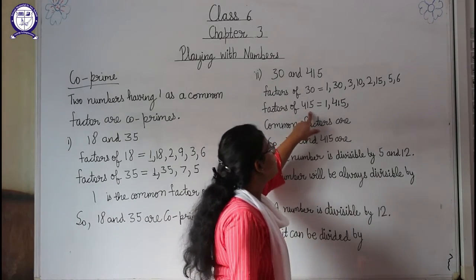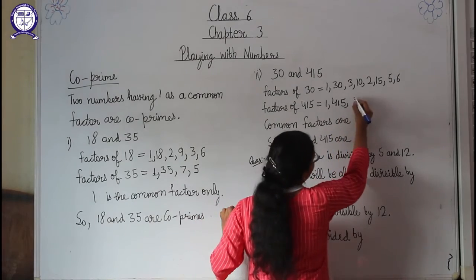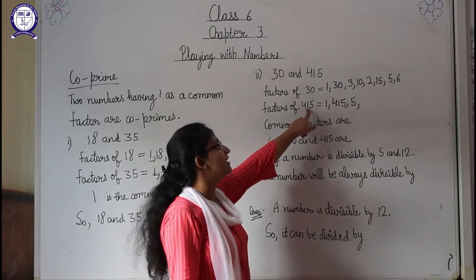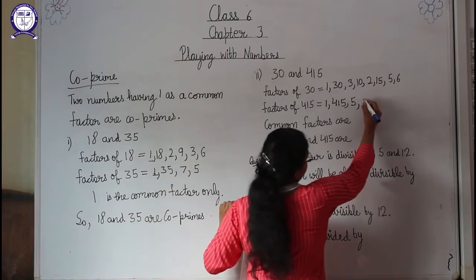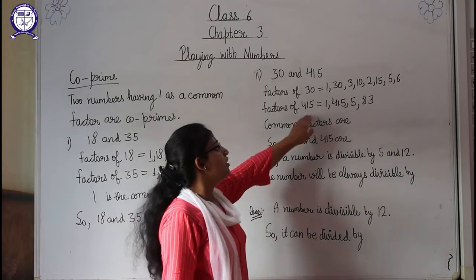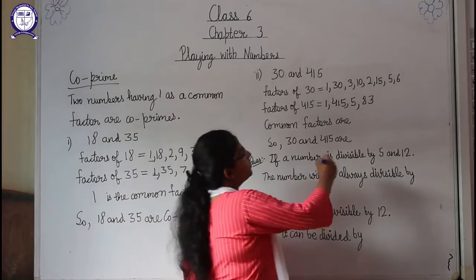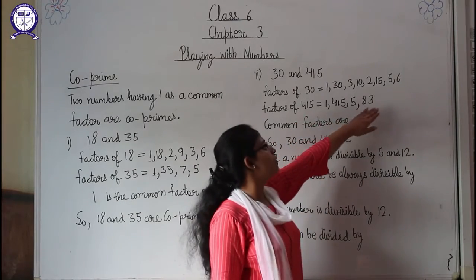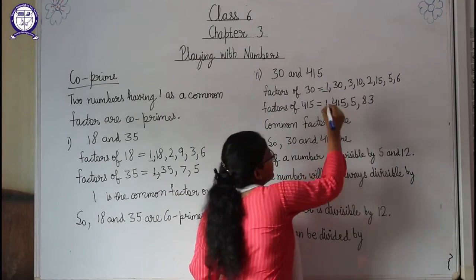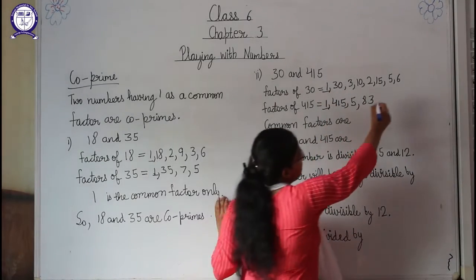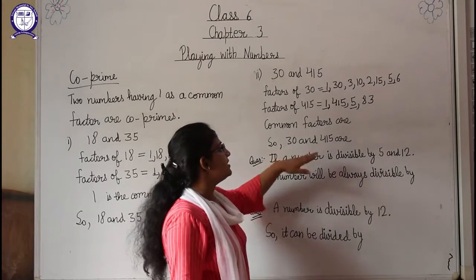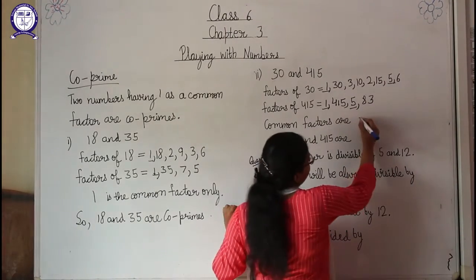Now we will check with 5. 5 will be a factor. Okay, and if we divide it by 5, we are getting 83. It means 83 multiplied by 5 will give us 415. So students, there can be more factors of 415, but we are checking in these only. So here 1 and 1 are the factors. Here 5 and 5 are also the factors. Okay, so it means common factors are 1 and 5.